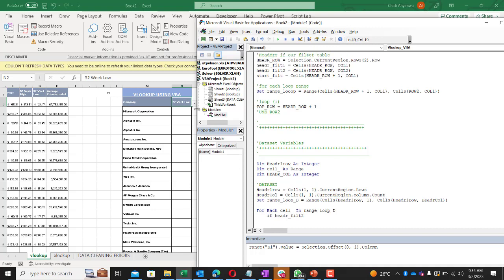So if this value right here is equal to cell underscore dot value, so if this cell right here, header fill 2, is equal to or has the same